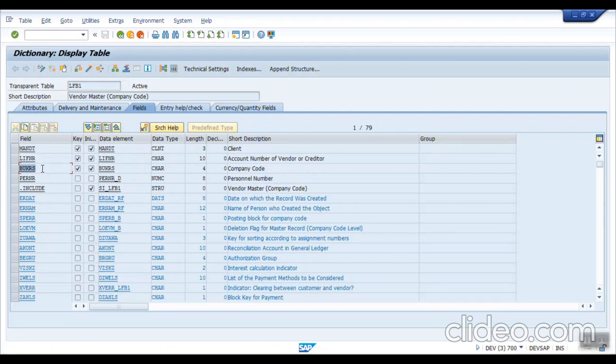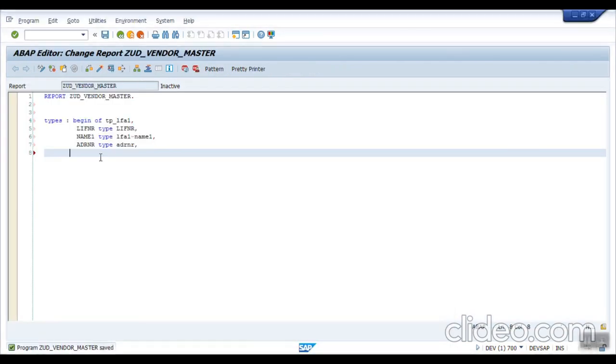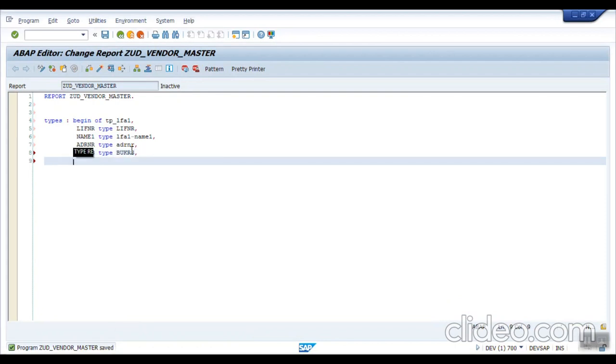The BUKRS field is called the company code, and for the vendor, the company code details are mentioned in the LFB1 table. So from here, as I already have the vendor key from LFA1, from LFB1 I am going to select the BUKRS field. So in this type declaration, I am mentioning BUKRS of type BUKRS. This is my type declaration for the first table. End of TP underscore LFA1.